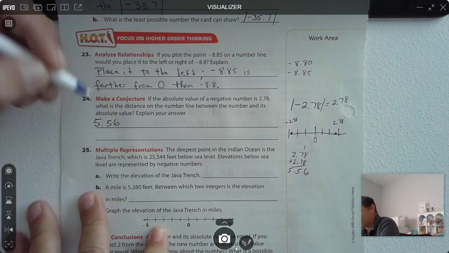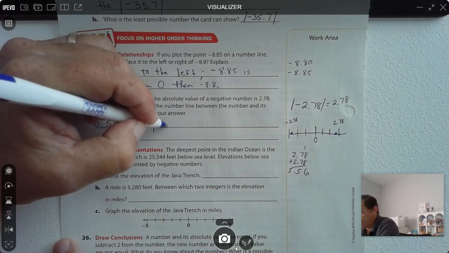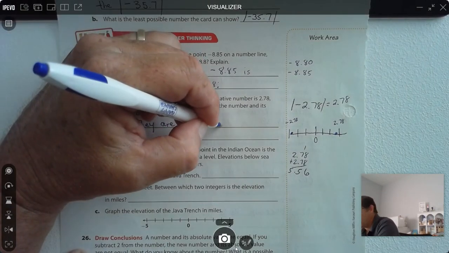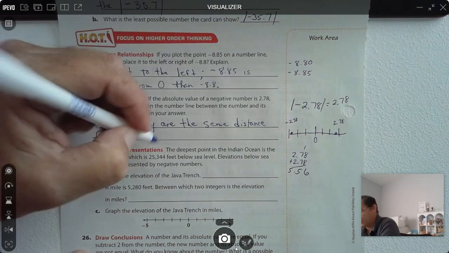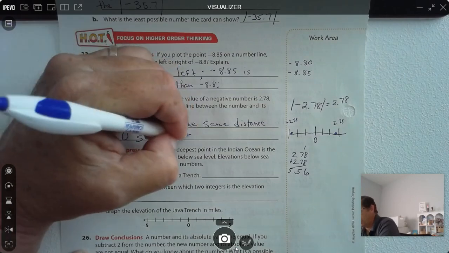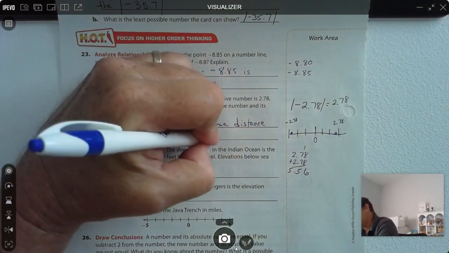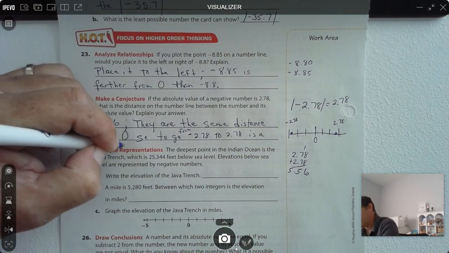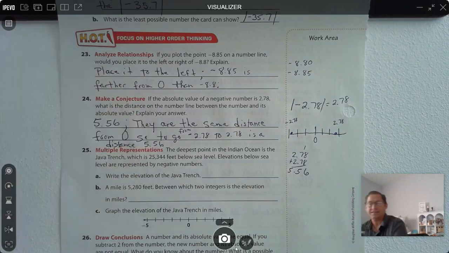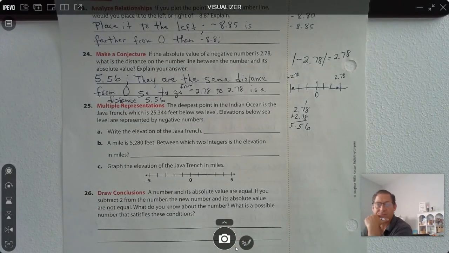5 56/100. Because they're the same distance from 0. So to go from negative 2 78/100 to 2 78/100 is a distance of 5 56/100. Right, 25. The deepest point in the Indian Ocean is the Java Trench, which is 25,344 feet below sea